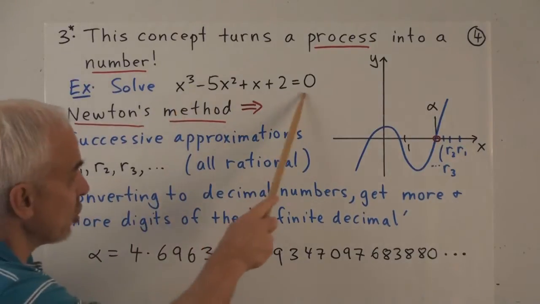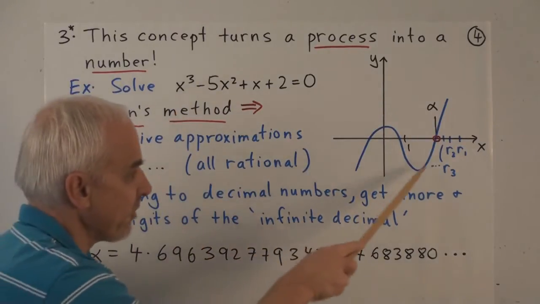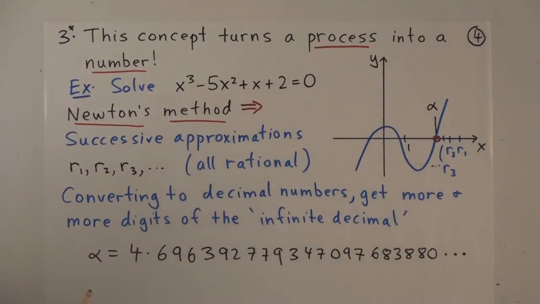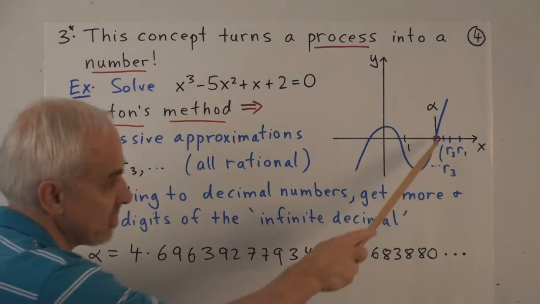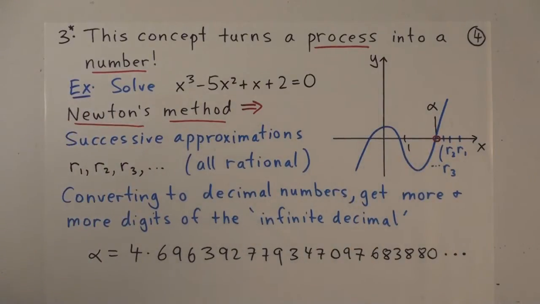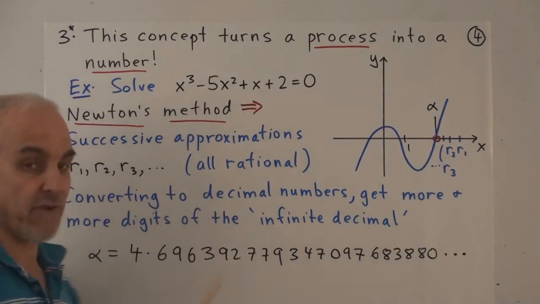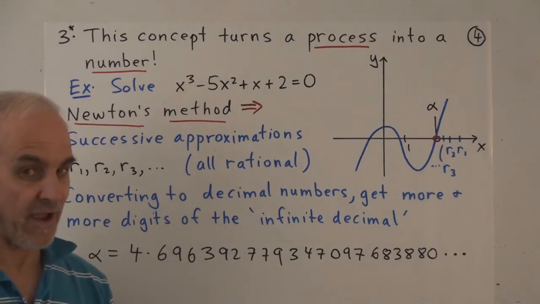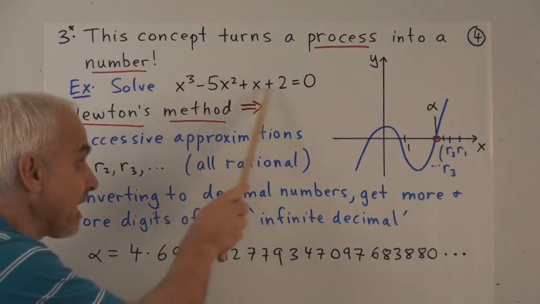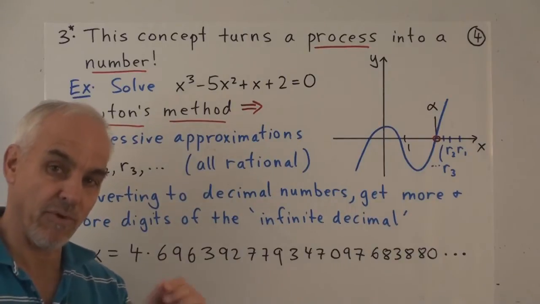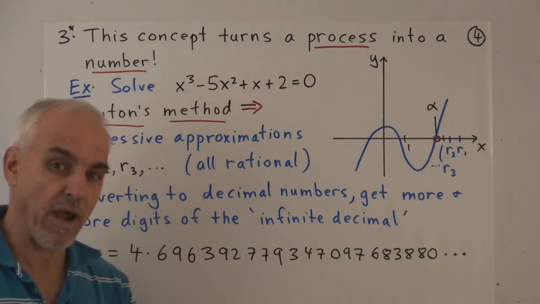So for example, suppose we have this cubic equation represented by that graph, and suppose that we're interested in finding its zero. Say the biggest zero, that one that's right there. So if you look back a few videos into my videos that have Newton's method in their title, you'll see that we've outlined a rather explicit procedure that allows us to generate rational approximations to a number that satisfies this equation. We may not, in fact, ever be able to get a number that exactly satisfies this equation, but we can generate numbers step by step that more and more closely